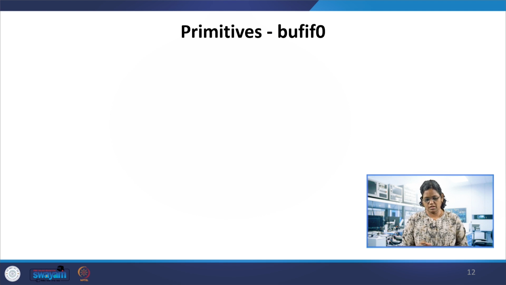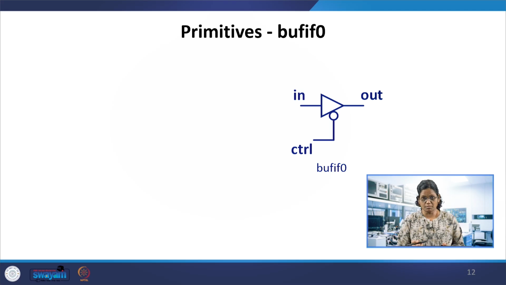So the gates we have seen so far are not new, only the logic values they take differ, the four value logic system. Where X and Z inputs will drive to don't care needs to be known. Now the tri-state buffer bufif0, which is active low, the control signal is active low. So when this control signal is 0, the input is passed to the output. If the control signal is 1, the input is not passed to the output, so the state will be high impedance state.